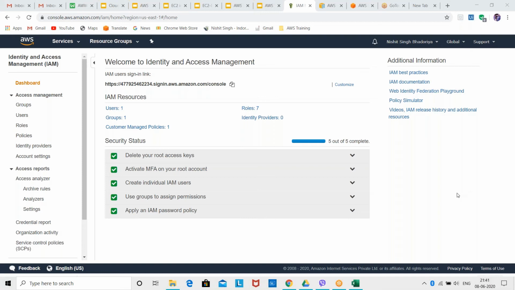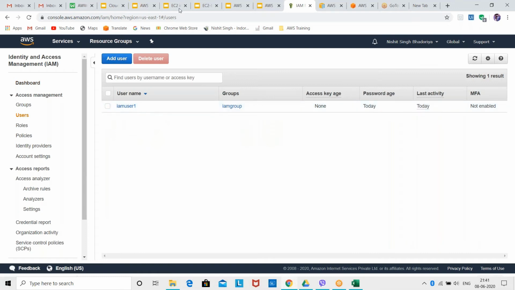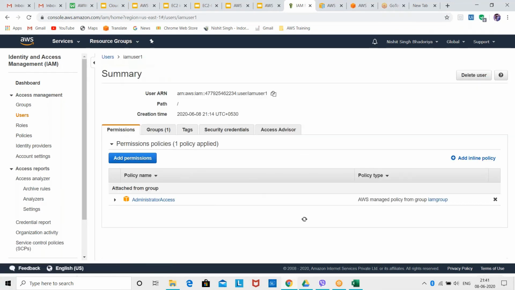No, Manoj, you have to assign it, like I showed you during the user creation. I'll show you again. When you have created a user and you want a new customized policy that you have created, you just need to go to the user and click on add permission.